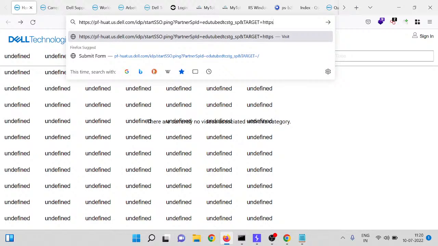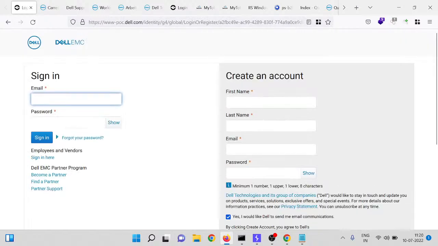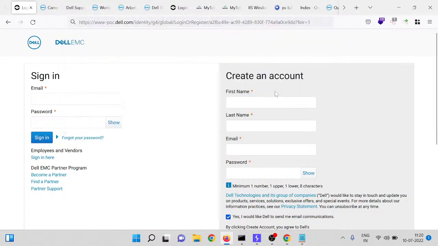So first thing we will try, let's see what it will give. First create an account. Before you start, first thing you need to check is the sign-up page. It does not allow me to use certain characters.